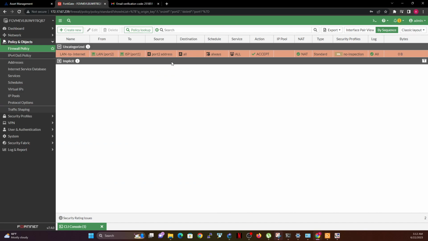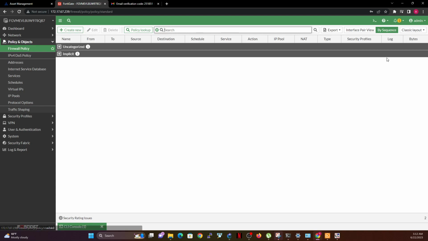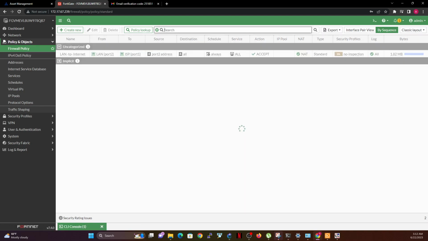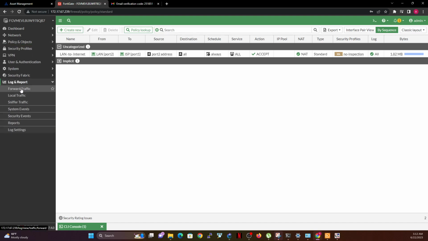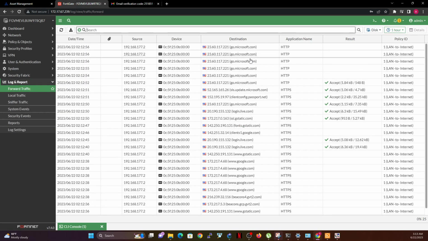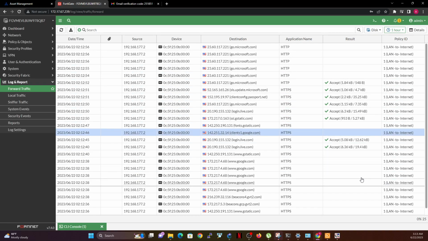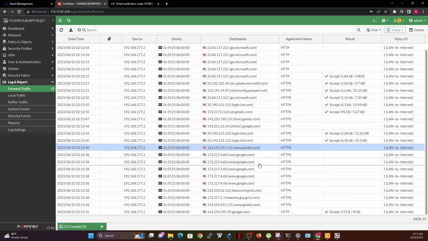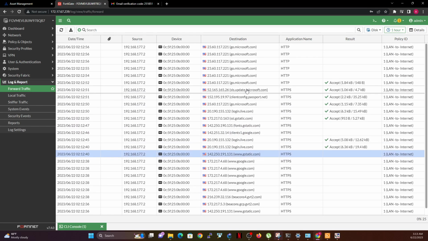Notice earlier it's still on 0. If I refresh that page, expand that, notice there's traffic, and if we check the kind of traffic that is going through that, the kind of traffic is basically this traffic. It's my policy going. Notice this is the one that goes to Google. So this is what's going on here. That's why I put all the logs there.